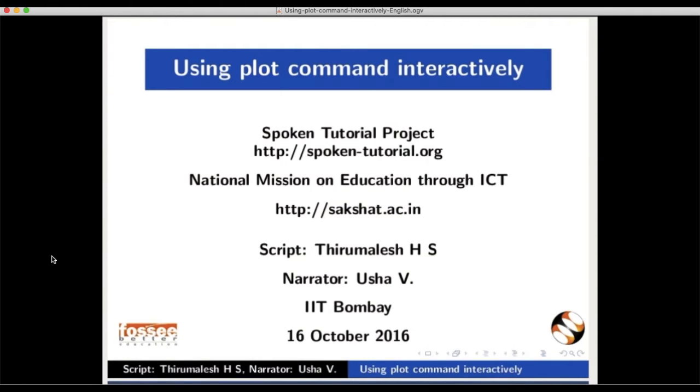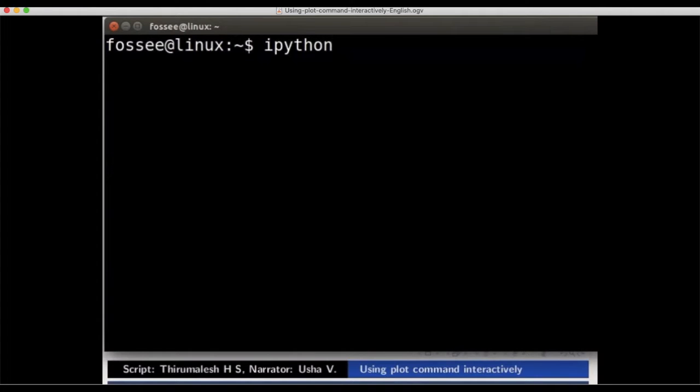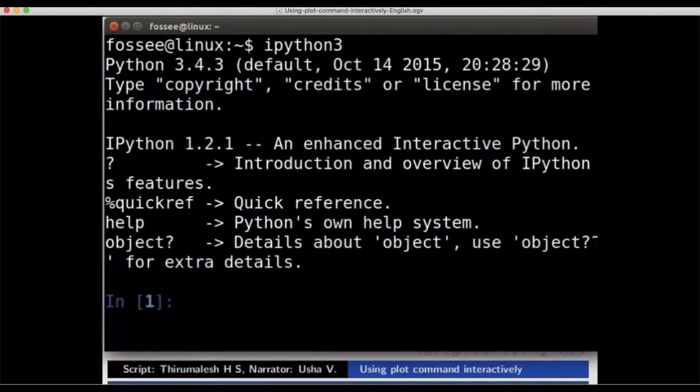Hello friends, welcome to the tutorial on using the plot command interactively in IPython. Now type IPython3 and press enter. Let us initialize the Pylab package. Type %pylab